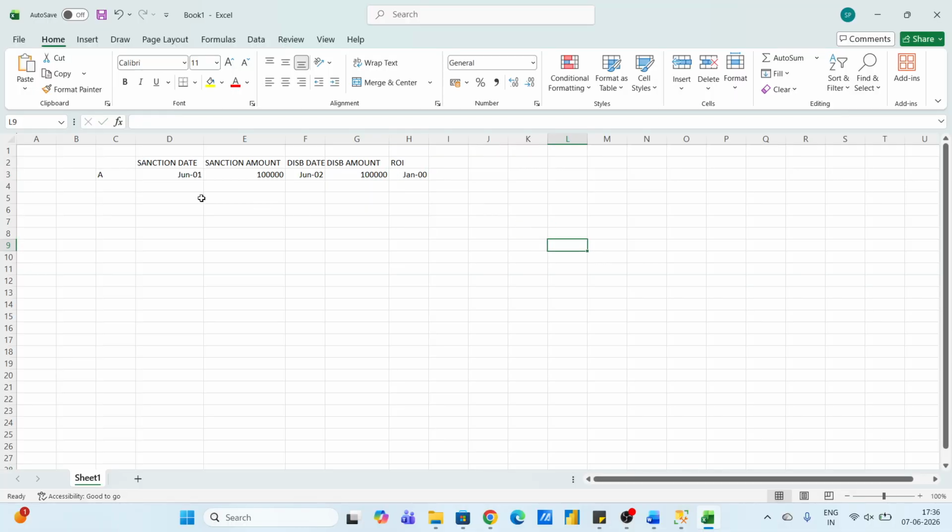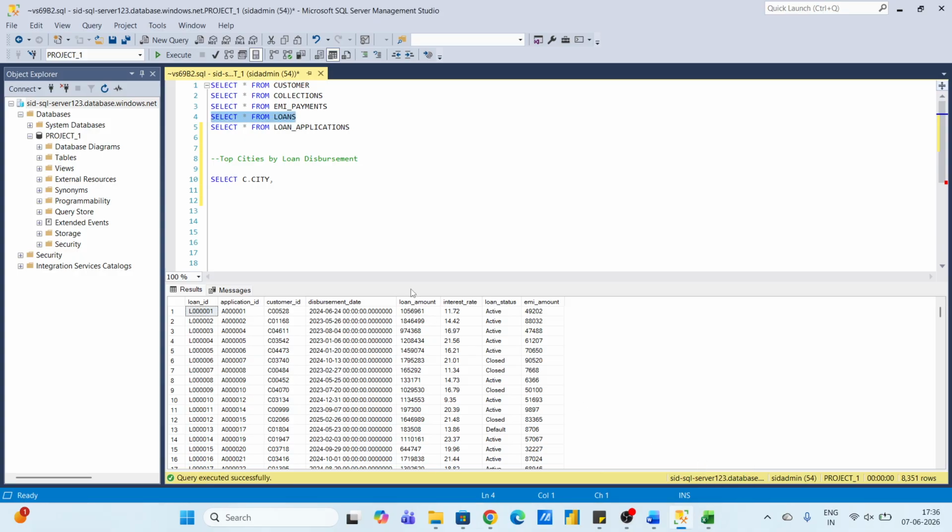So that is an architecture some of the companies also follow. So yeah, coming back to the SQL query. So this is the loan amount, right? So we want loan disbursement, so we would be doing a sum because we want to aggregate city-wide. So we use an aggregator, sum, and then we use the loan amount